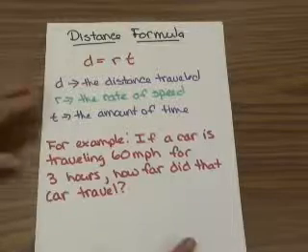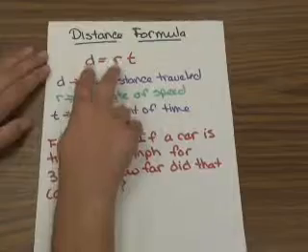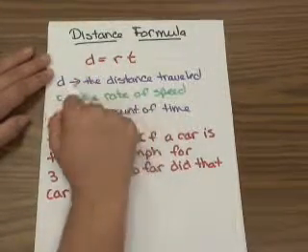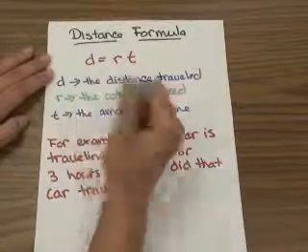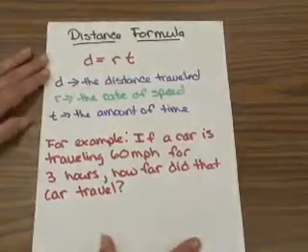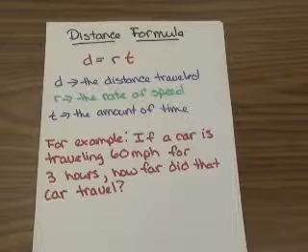So it's important to remember that since there's three variables, a word problem can give you any two. I can give you the distance and the rate, and you'll be asked to find the time. Or I can give you the distance and the time, and you'll be asked to find the rate. And I can also give you the rate and the time, and you'll be asked to find the distance. So it's important that as you read the word problems, you pull out the important information and plug them in